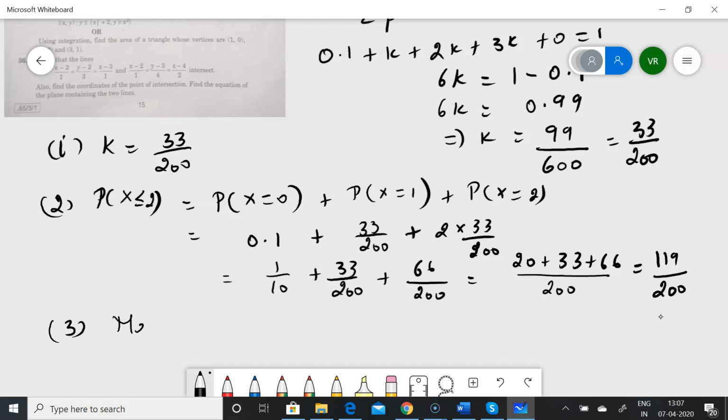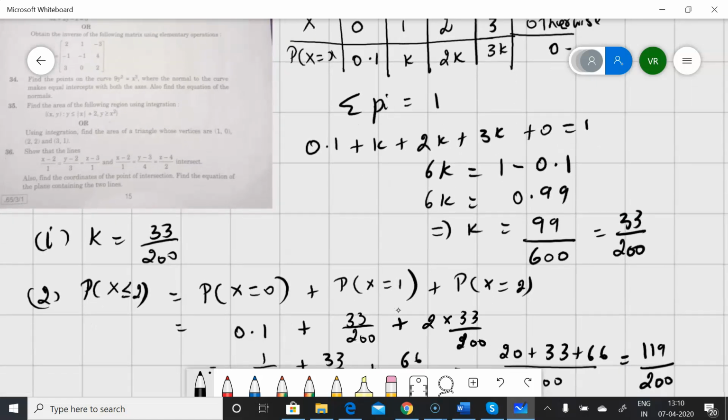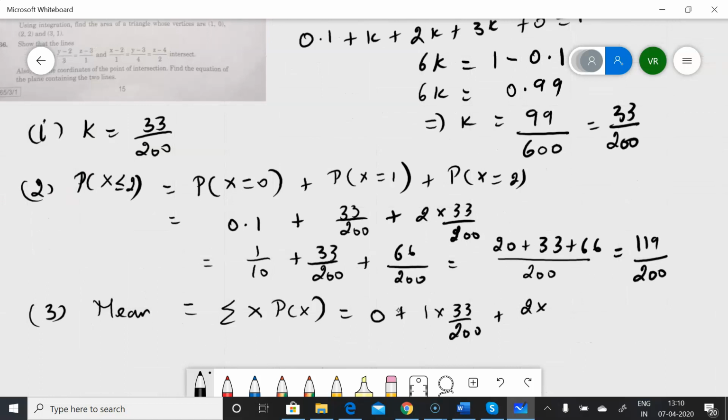Next, the third part says, he's asking you to find out the mean of the variable x. Third part is the mean of the variable x, which is nothing but sigma x into P of x, which is equal to 0 plus 1 into k, which is 1 into 33 by 200, plus 2 into 2k, which is equal to 4k. So 4 into 33 by 200 plus